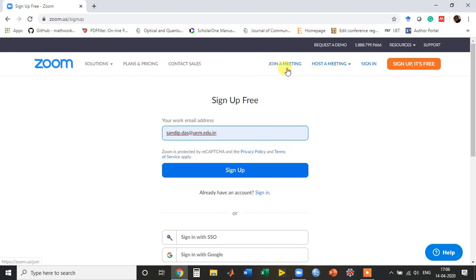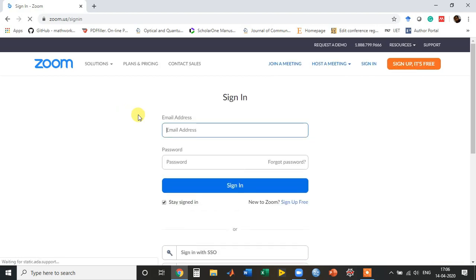So after creating your ID and password and signing in, let me sign in from here. I'm signing in. I'll just give my ID and password.